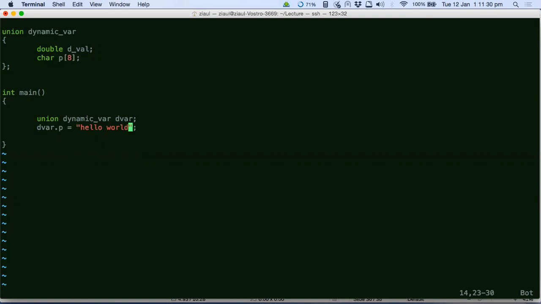The point of unions: let's say you have designed a student database, wherein you know that the student would have either one of this information. The student would either have a PAN number as an information or his roll number as an information, but never both, right? So if you declare a structure on these two, now you have two options here. Either you create a structure for this data or you create a union for this data. If you create a structure for this data, always one part of the structure will be empty, right? Half of it will always be empty. Because you know that the student will either be storing a PAN number or an integer, never both.